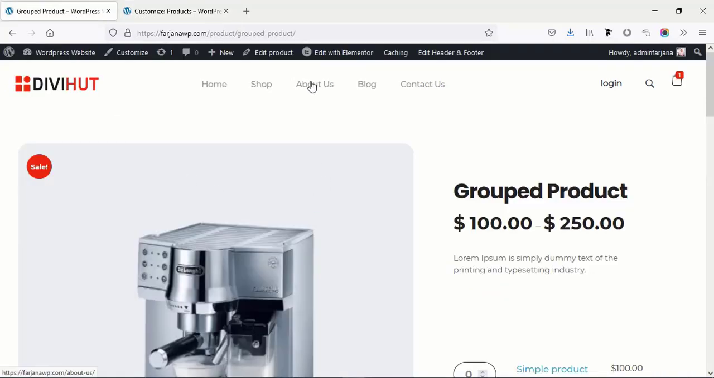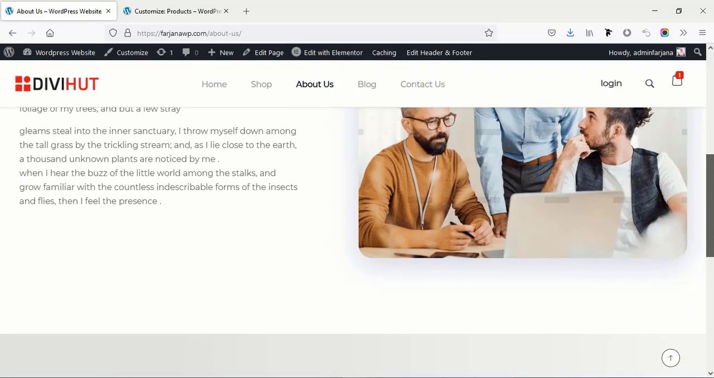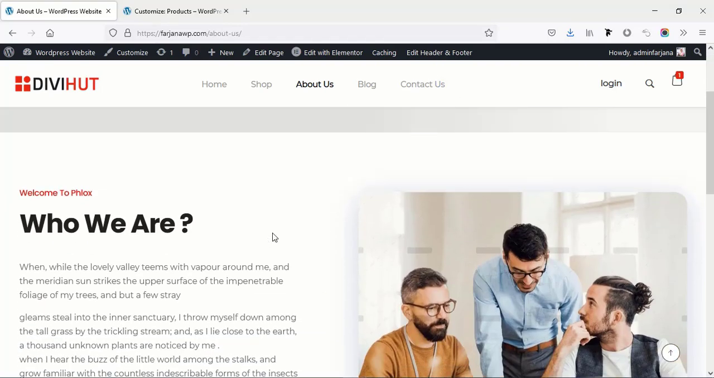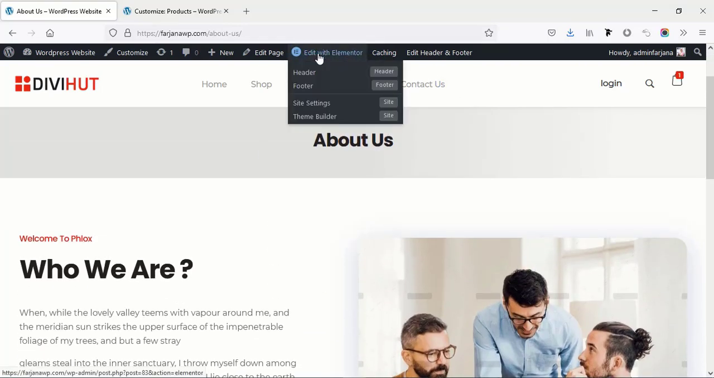Okay, and now I'm going to the next, About us page. This is a regular page for Elementor. So if we want to change the content for this page, simply click on this Edit with Elementor,